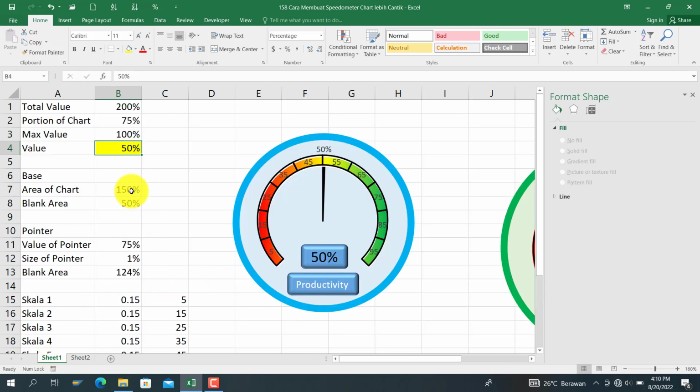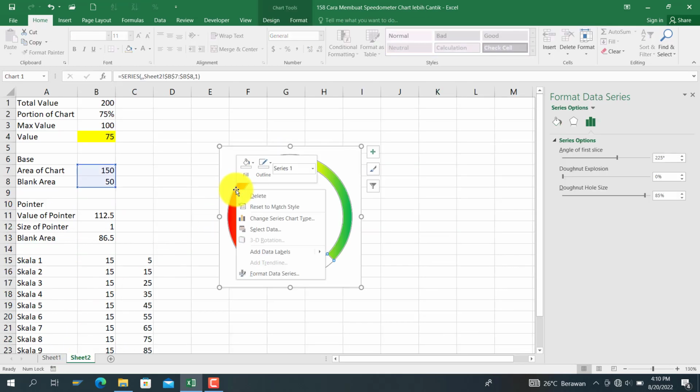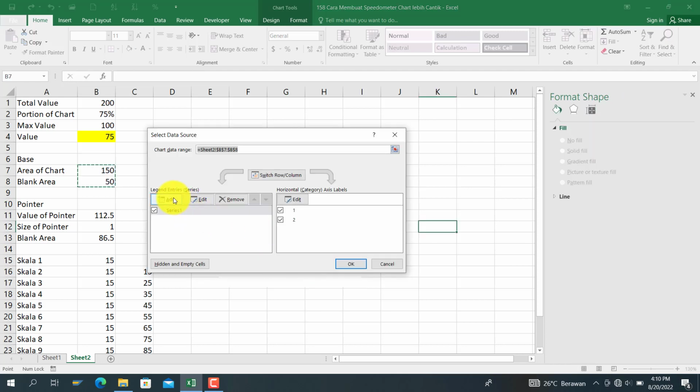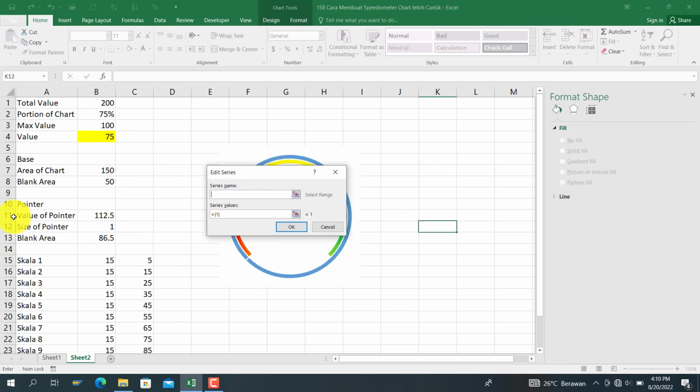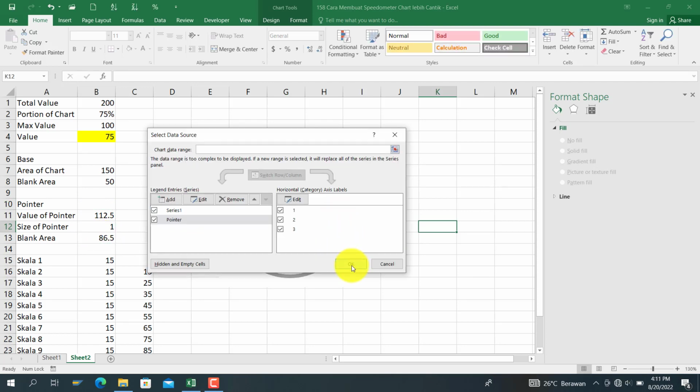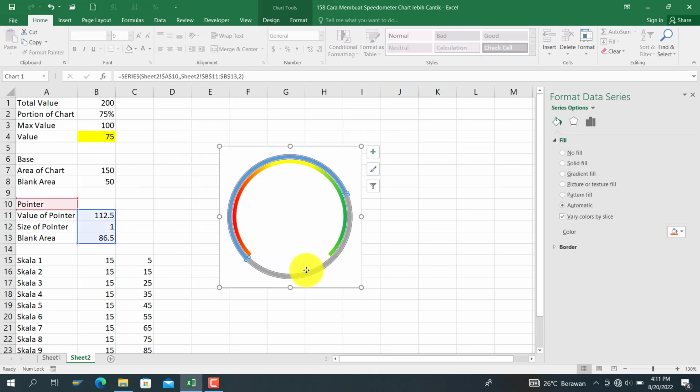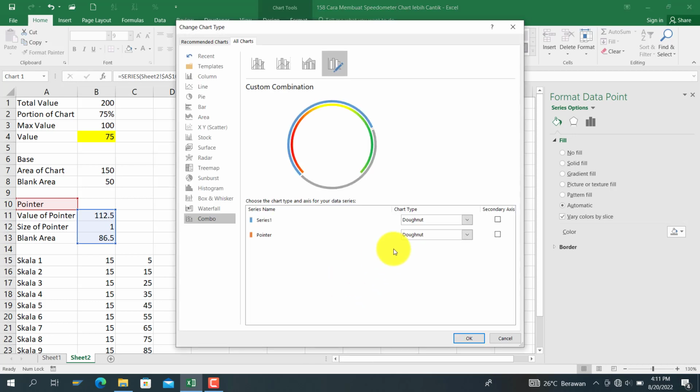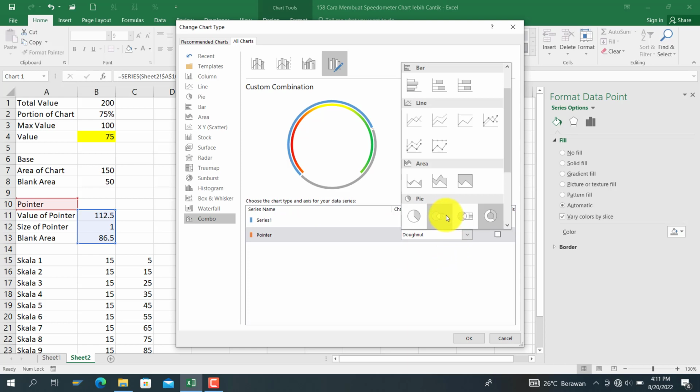After this, we're gonna make the pointer, and also we add the chart for the value of pointer, size of pointer, and blank area by choosing this, and then select data, and then add data here, and the series name is the pointer, and series value is, this is the series value, and then press OK, press OK, and then we change the type of the chart, change series type, and the pointer here is changed to pie chart,